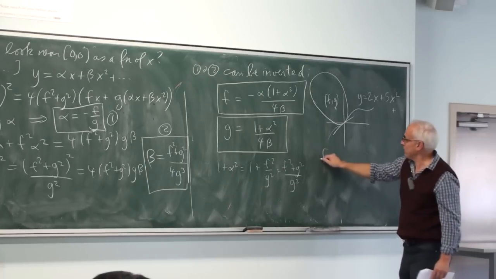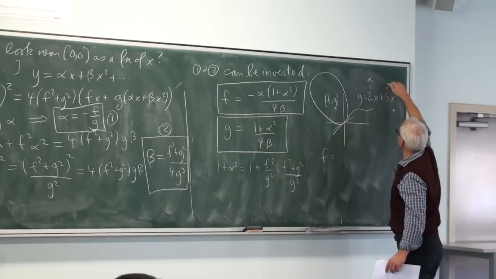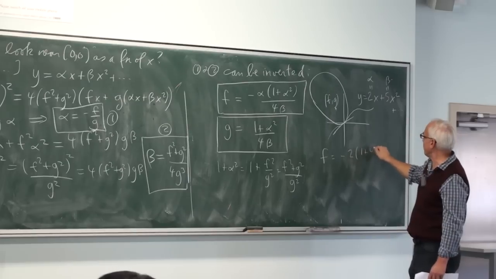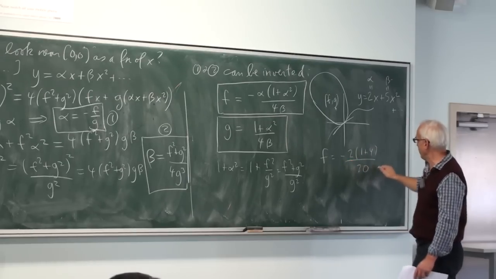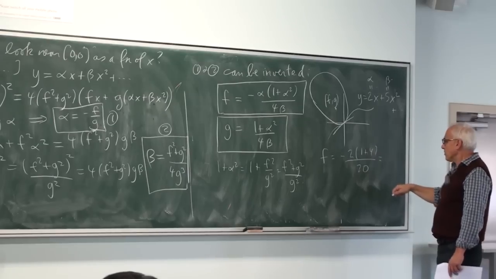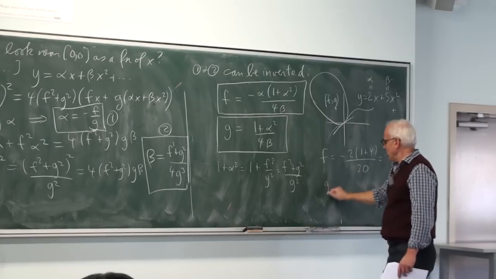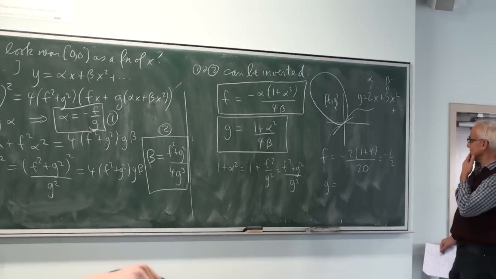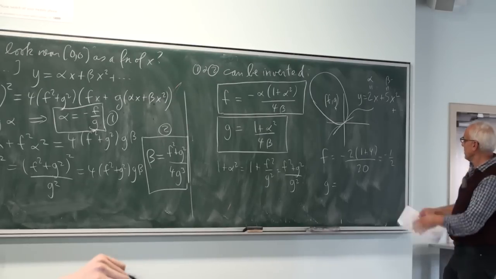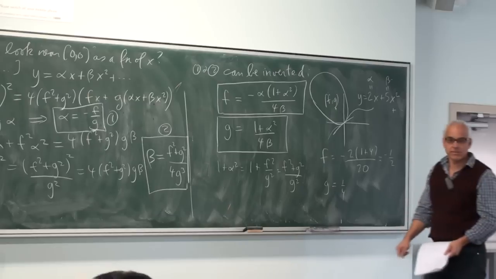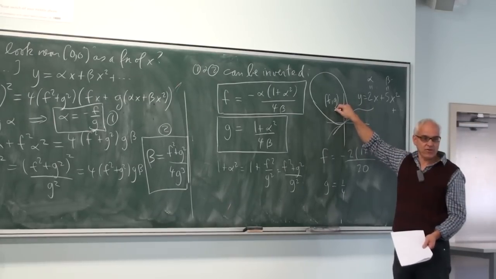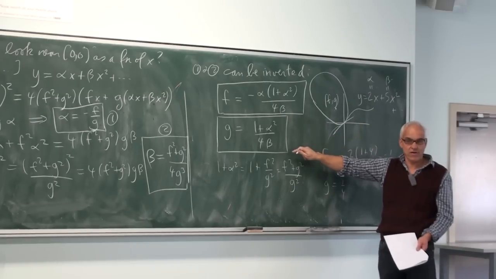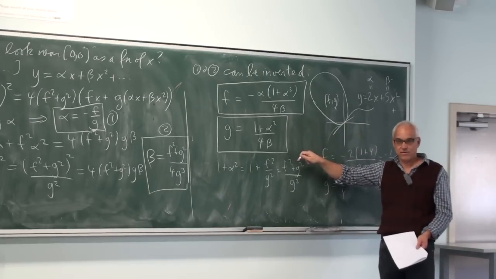These formulas tell us that all we have to do is think of these two constants, alpha and beta, and we write f equals minus 2 times (1 plus 4) all over 4 times beta, which is 5, over 20. So that would be minus a half, I suppose. And g would then be that same thing divided by minus 2. So maybe a quarter. That would tell you exactly where the focus is. All right? Got a function. Immediately you know where the focus of the associated normal parabola is.